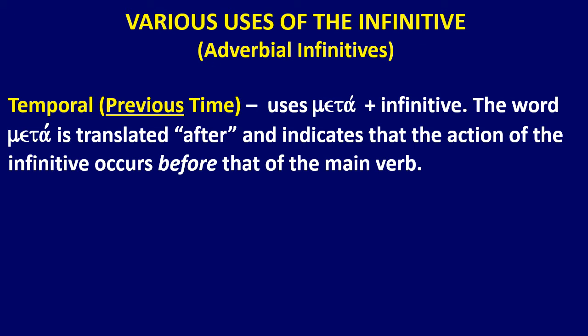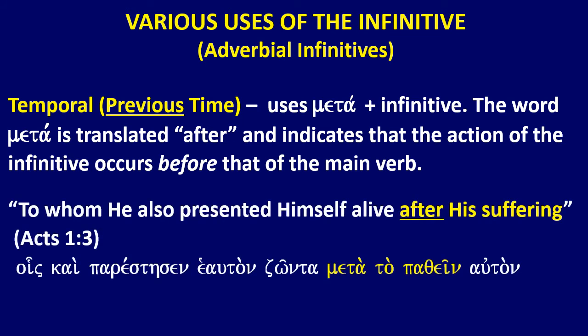So the word meta is translated after, and it indicates that the action of the infinitive occurs not after the main verb, and this is somewhat confusing, but the action of the infinitive occurs before that of the main verb. So in other words, the infinitive is qualifying the action of the main verb in terms of the time of the main verb. So here's one example that I think is quite clear, Acts 1, verse 3, where it says,